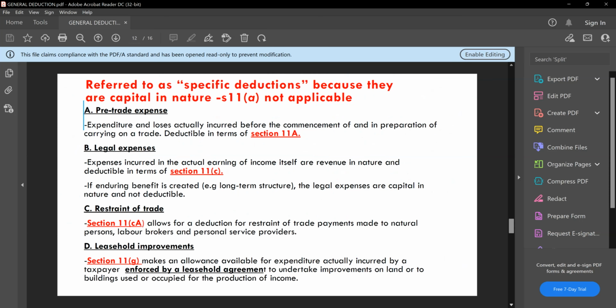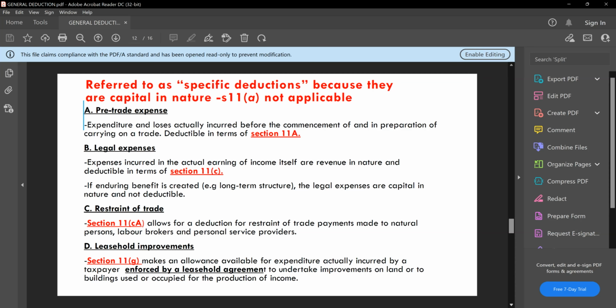Let's start with pre-trade expense. Expenditure and losses actually incurred before the commencement of and in the preparation of carrying on a trade is deductible in terms of Section 11A. So I'll give an example of a pre-trade expense. So let's just say you want to